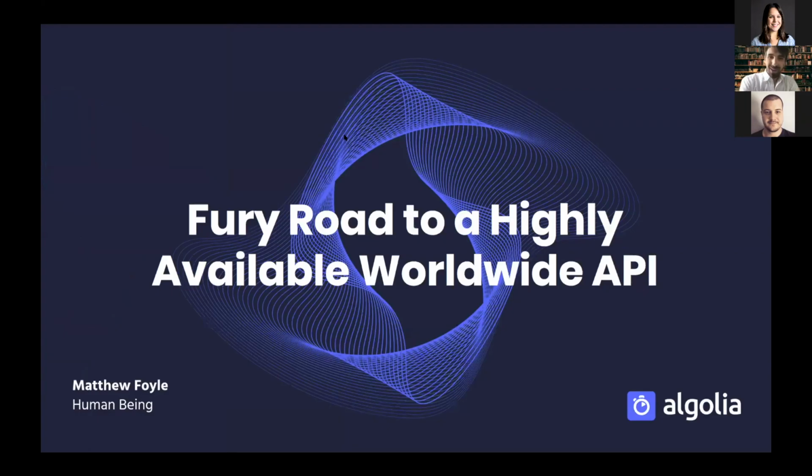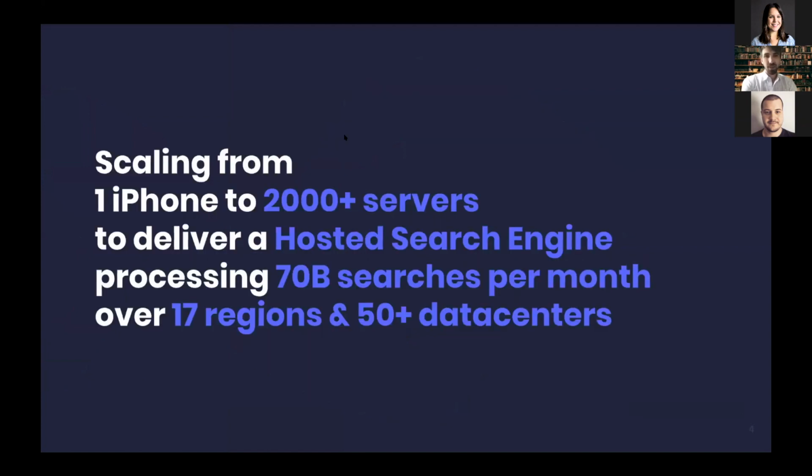This is me, Matt, a human being, telling you how to reach high availability. I'm going to tell you the story of Algolia. Along the way, you're going to learn a little bit about the company, and most of you are probably already users or have looked at our documentation or something like that. So we won't delve too deeply, but just to let you know, the story we're telling comes from a world